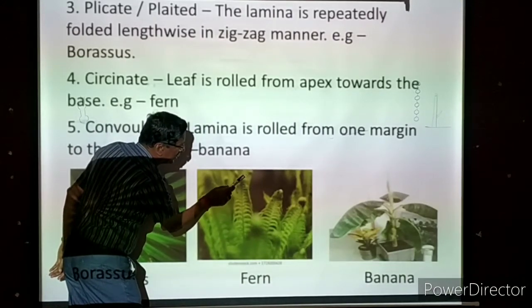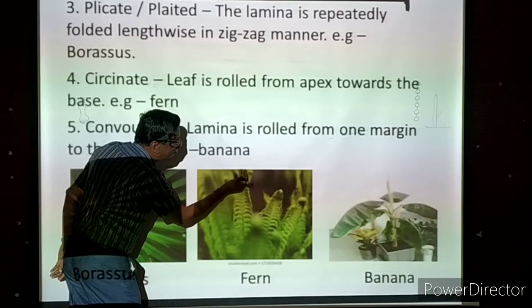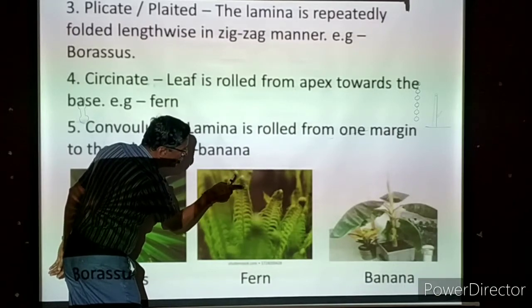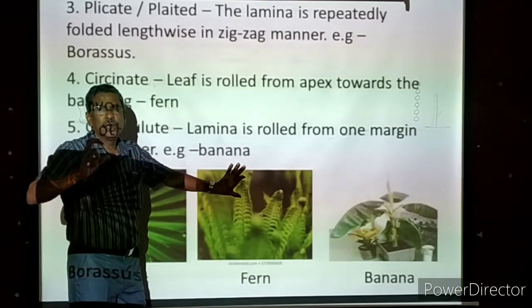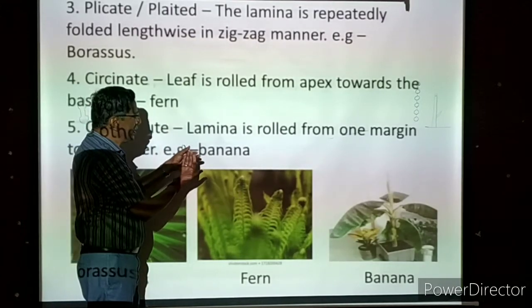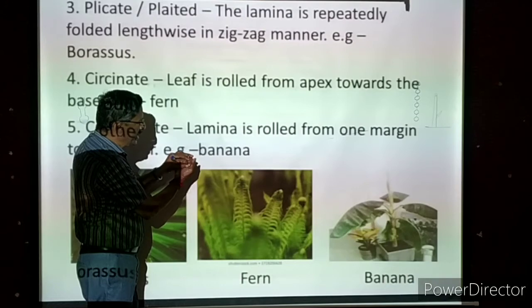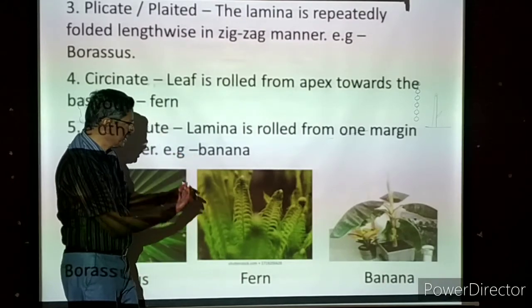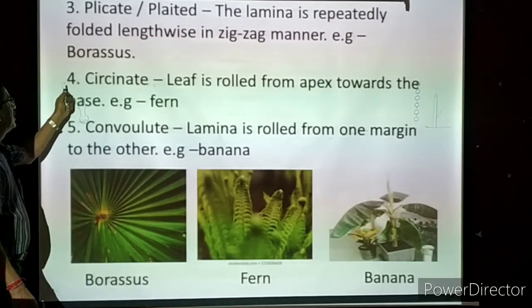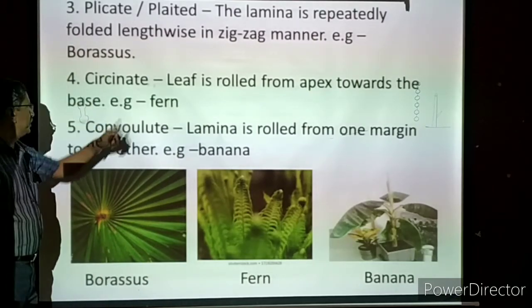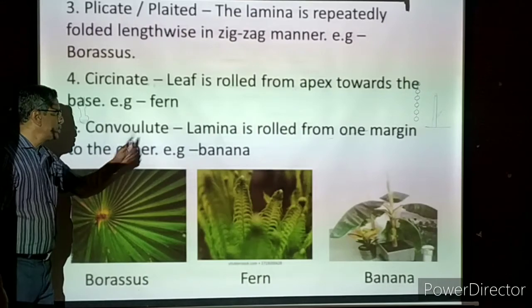Now this is the tip. But if you see the picture, you can see that the leaf tip is folding inward and slowly it is rolled over that. Maybe a part of the leaf lamina will be rolled. Now this is the tip of the lamina here. The leaf tip is rolling like this. How we are closing the fingers in the palm like that, it is coming closer. That is actually called, what is that? Circinate. Example, fern.